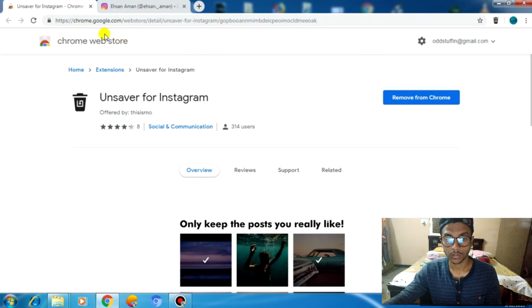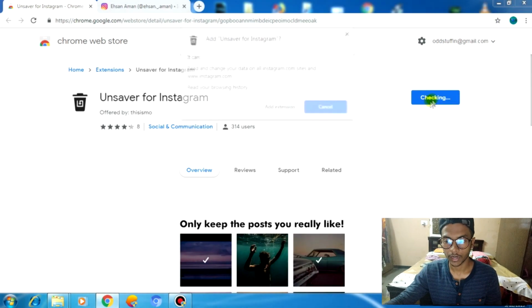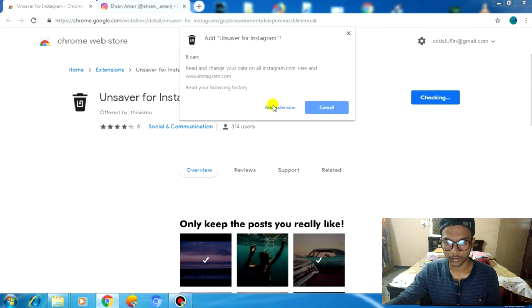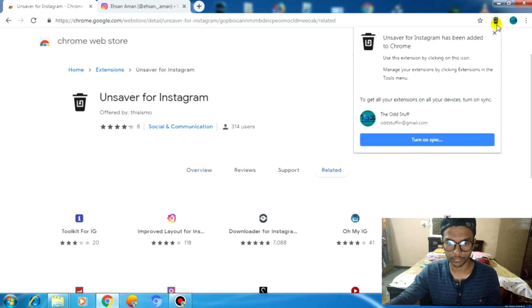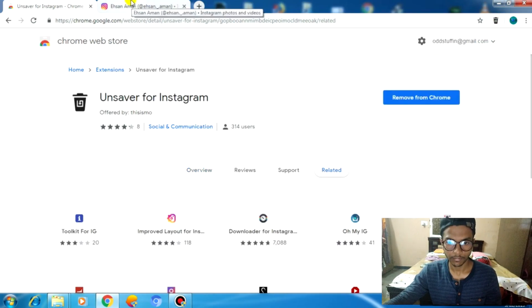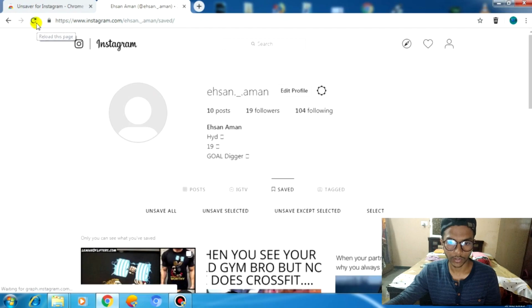We are going to use the Unsaver for Instagram Google Chrome extension, and I will provide the link for the extension down in the description. After opening the link, just click on add to Chrome and click on add extension, and the extension is now added to your Chrome. Now just go to Instagram, log in to your ID and go to saved posts,